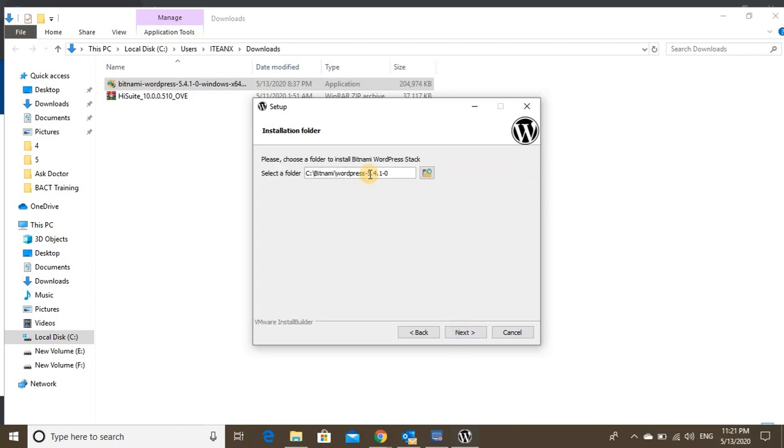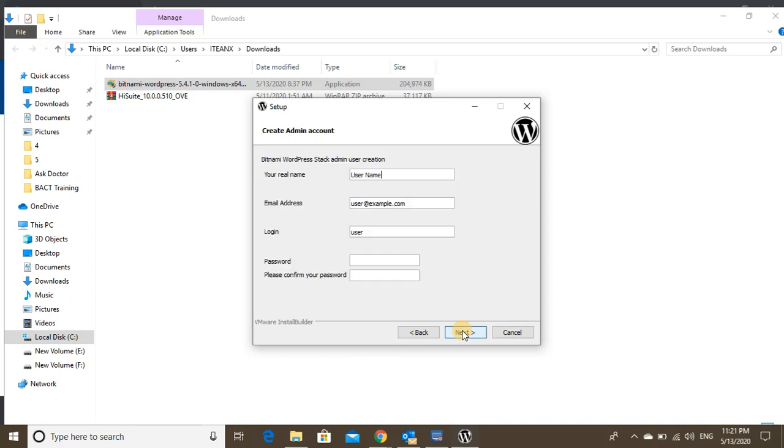Select the location where you want to install it. I have selected C drive. Click next. Here type your real name, and I will write Inforeri here. Now type your email address, info@inforeri.com.